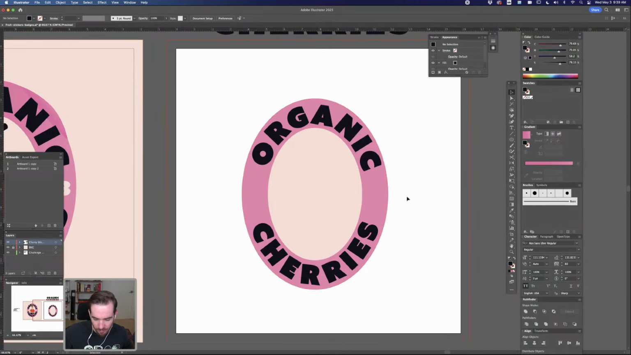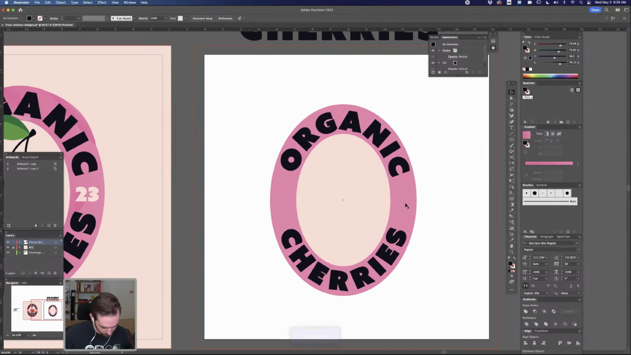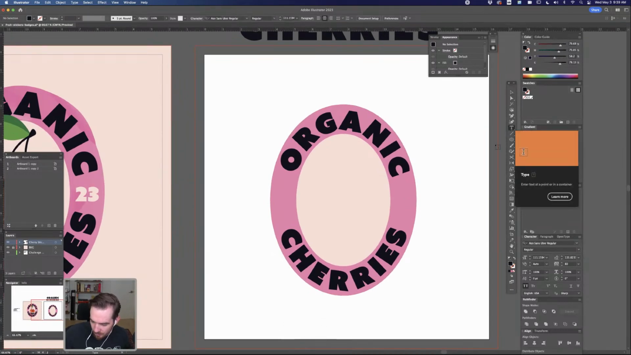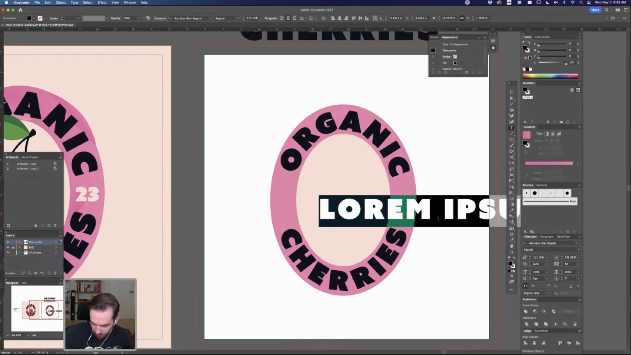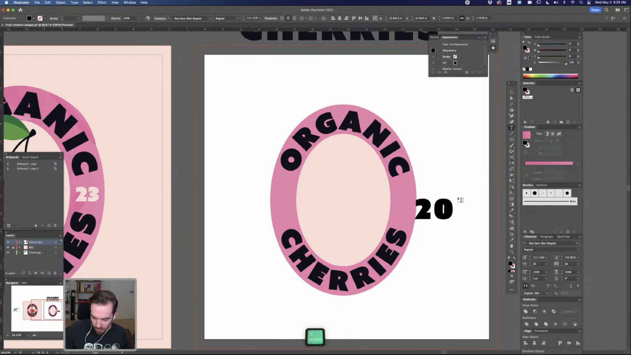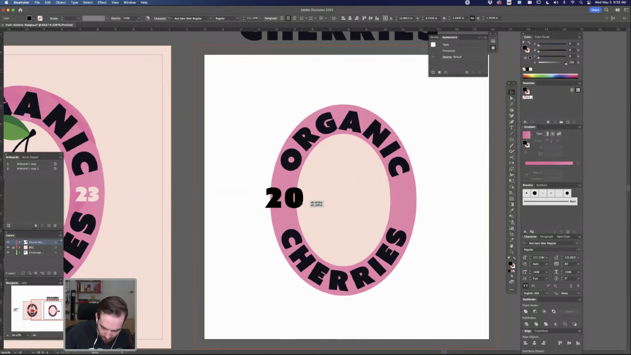There's a lot of things that we could do with the type on the path, which is a really fun one and very key for graphic design. So what we're going to do next is we're going to create some more type. So I'm just going to use the regular type here, and I'm just going to put 20 because that's going to be our 2023 timestamp